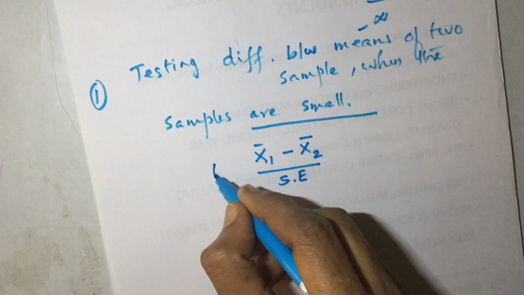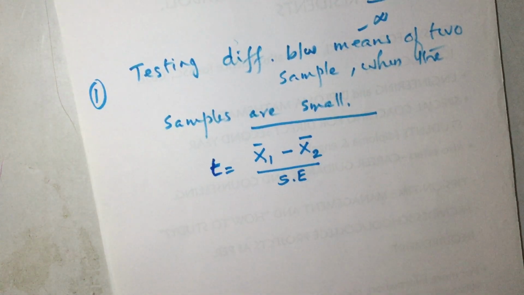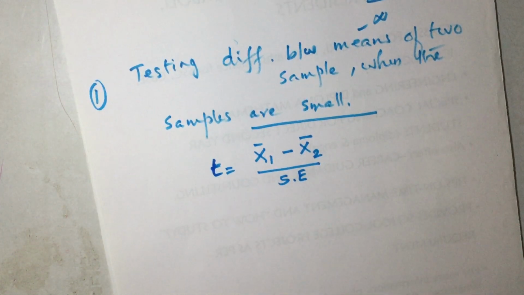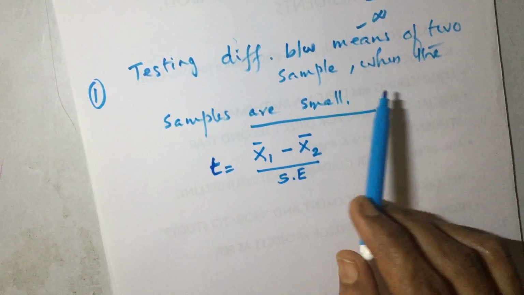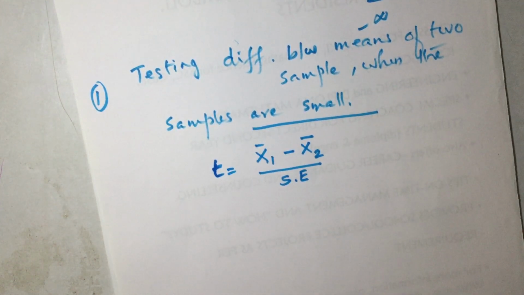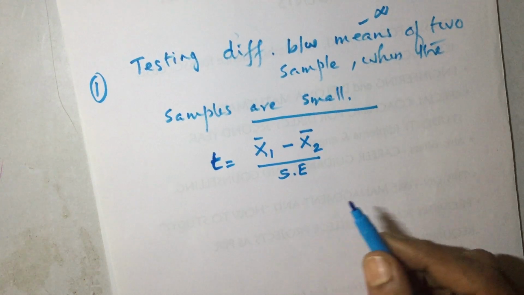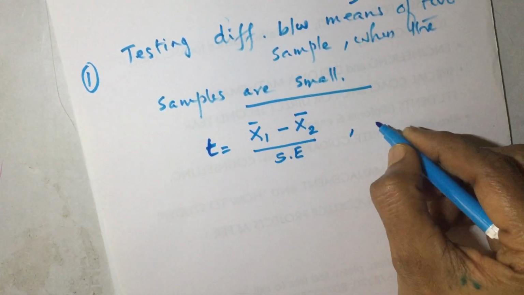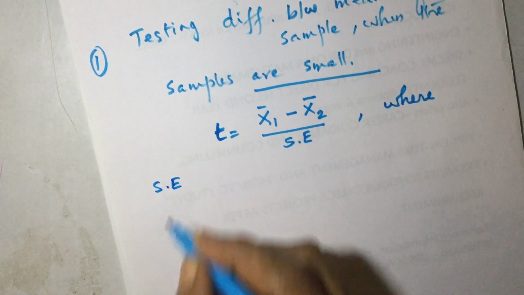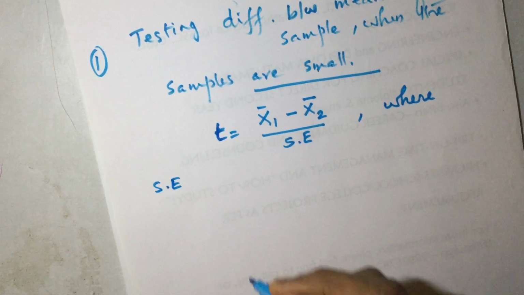Okay, same like that, only the statistic is instead of Z, here we write T, but here also under certain condition this can be even Z also. So this is the first one, testing difference between means of two samples when the samples are small. We use T equal to x1 bar minus x2 bar by standard error. Now where this standard error is, 2-3 formula are there. Standard error is equal to